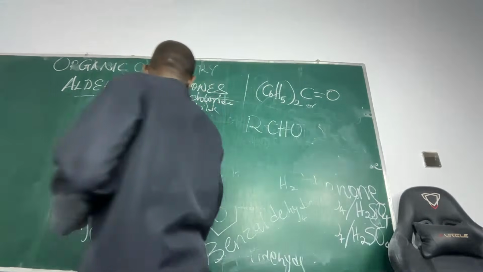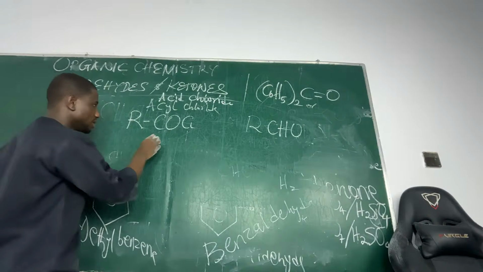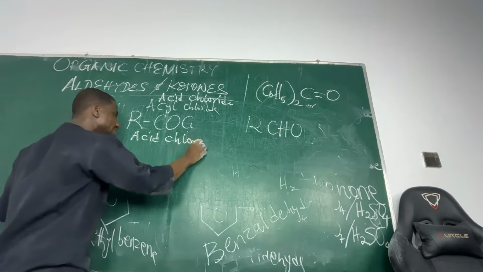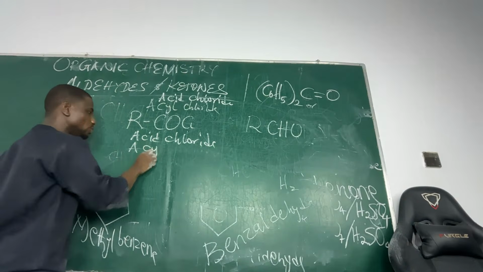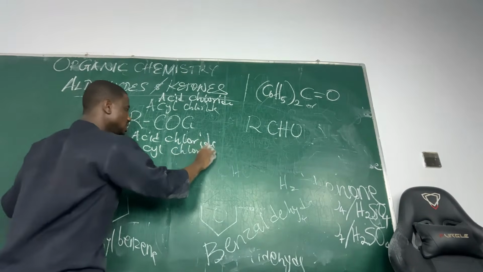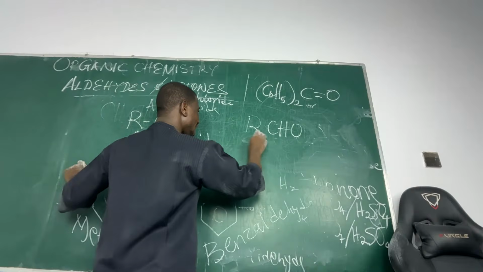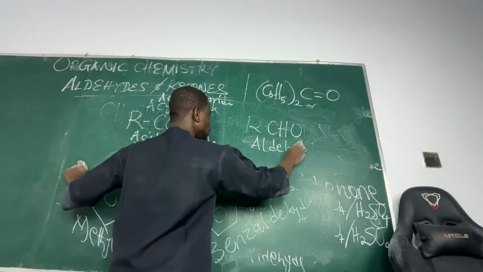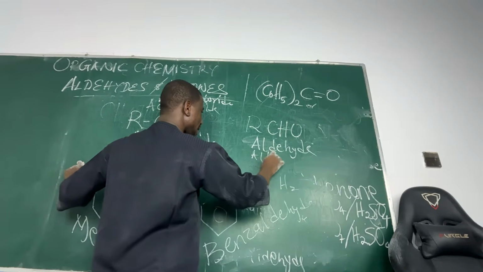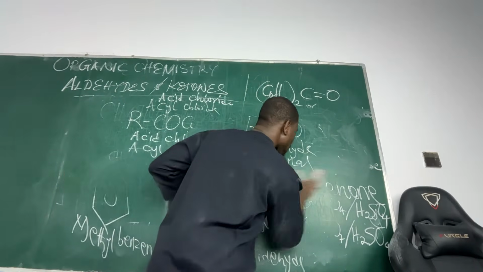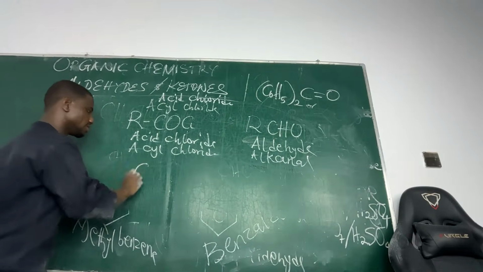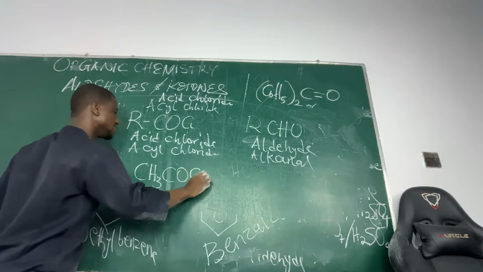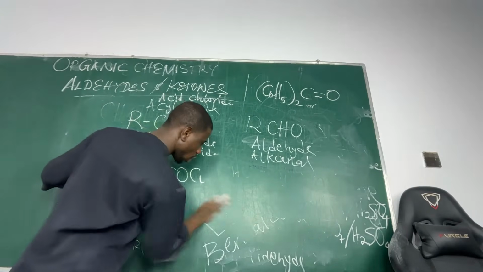So this formula is for acid chloride, or you call it acyl chloride. This formula is for aldehyde, or you call them alkanal. So if we are converting CH3COCl, on reduction,